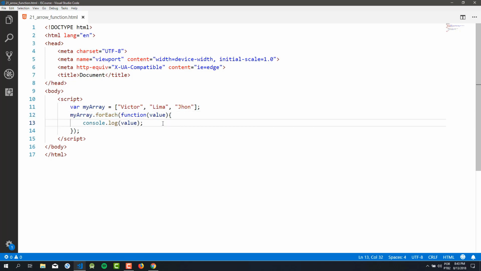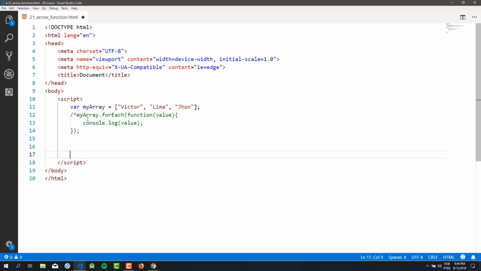In ES6 comes a new way to work with functions, right? Which is the arrow function. So I will comment this code here, and here I will make a my array